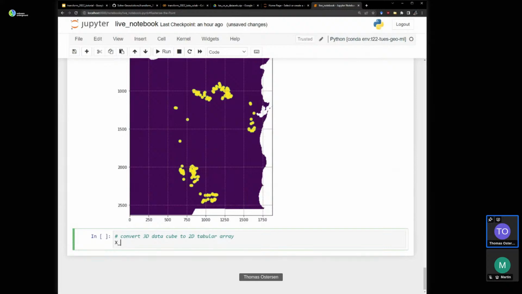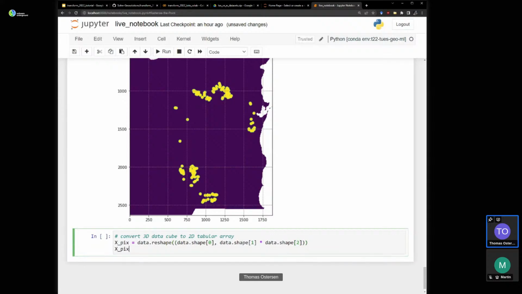And in machine learning world, the capital X variable is usually used for these types of things. I'm going to call it xpix. And we're going to go data reshape, and it will take a tuple. I'm going to say the first dimension will be the number of bands, so that's shape 0. The second dimension will be the result of multiplying shape 1 and 2, so the number of x columns and y columns. Data shape 1 by data shape 2.